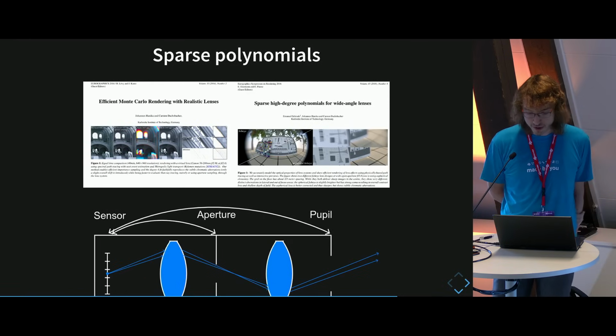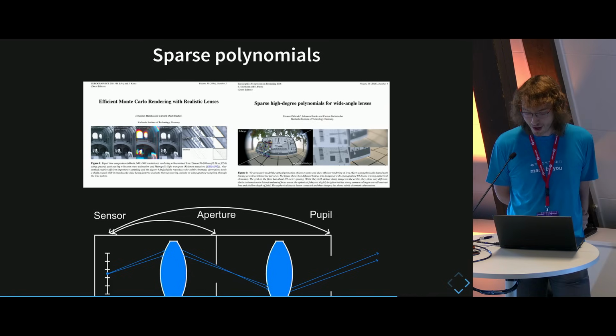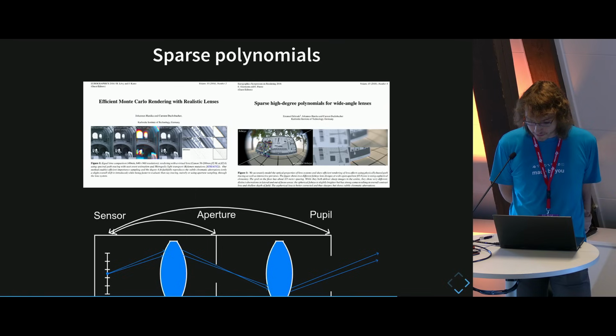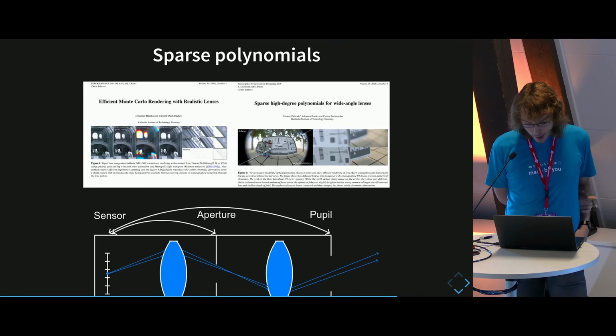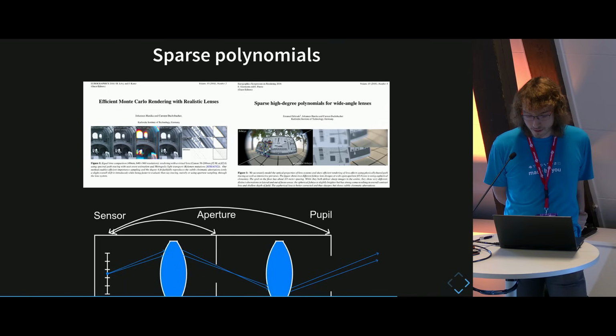It's efficient Monte Carlo rendering with realistic lenses. Sounds very good for what we want to do. And sparse high-degree polynomials for wide-angle lenses by Emanuel Schade, Johannes Hannecker, and Carsten Doxbacher. So the idea that they have is you start with a lens system that's usually described in terms of, a